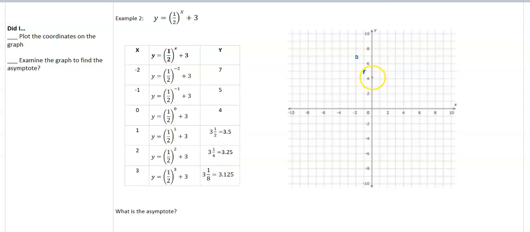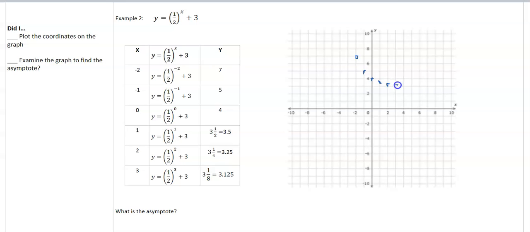X is 0, y is 4. X is 1, y is 3.5. X is 2, y is 3.25. And lastly, x is 3 and y is